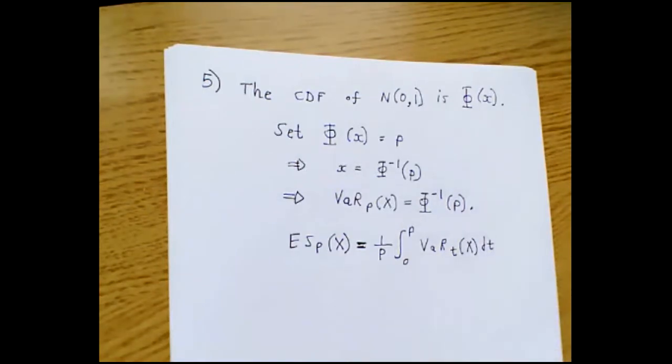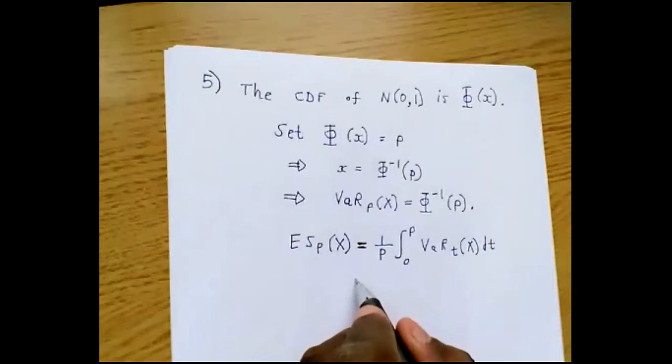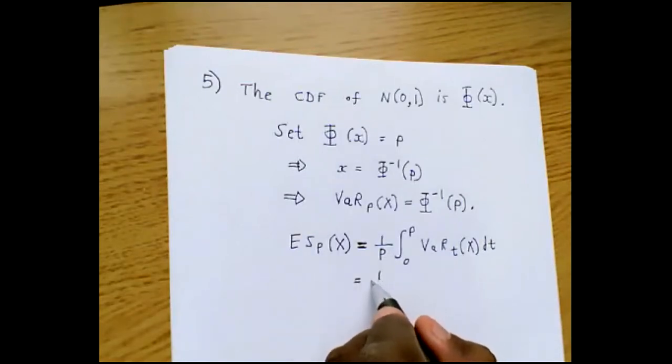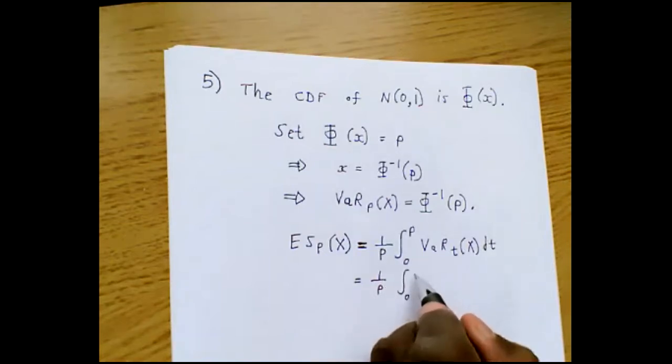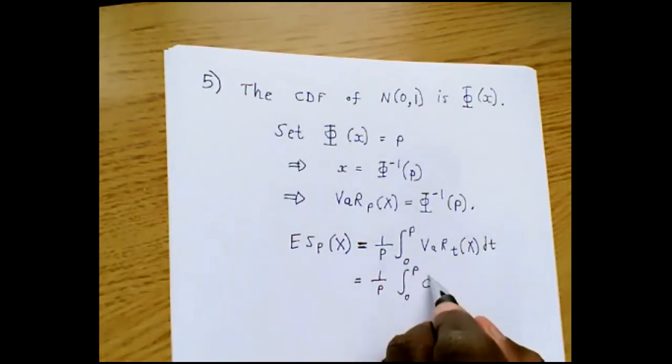I know I did this question before, guys, but I thought you may want to see this again. Okay, so this is 1 over p times the integral from 0 to p of